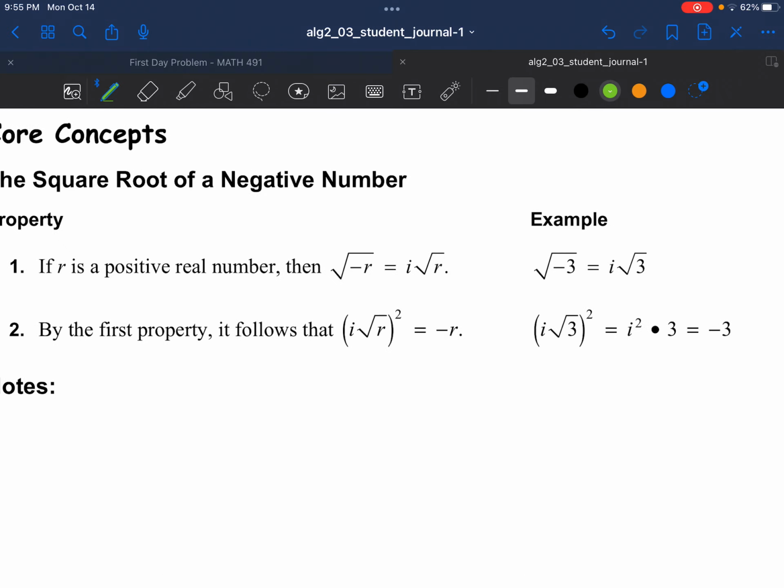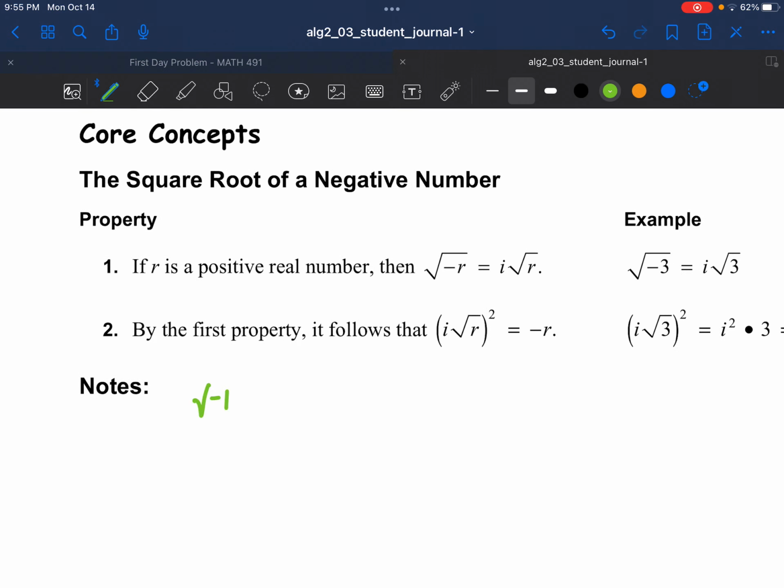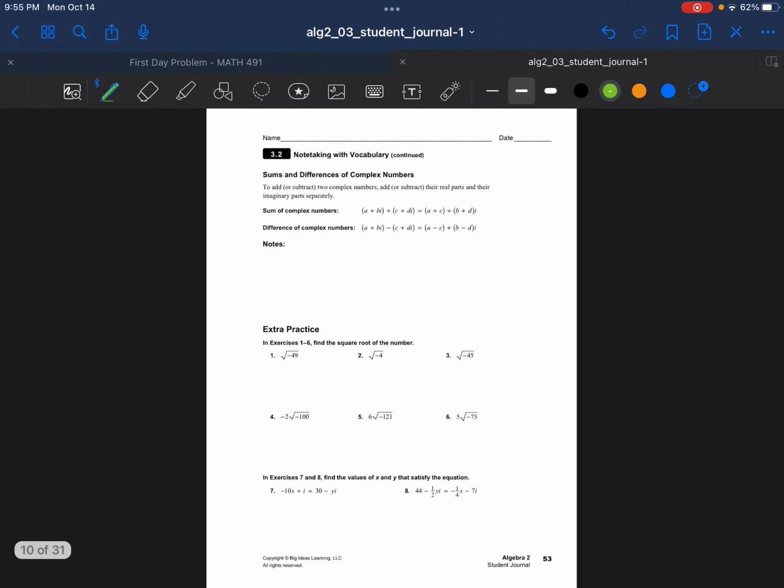So if r is a positive number, then this happens, right? And that is because the square root of negative 1 is equal to i, right? So if you have the square root of negative r, that's the same thing as the square root of negative 1 times the square root of r, which is i root r. Okay? Let's move to the next page. Then we have sum and